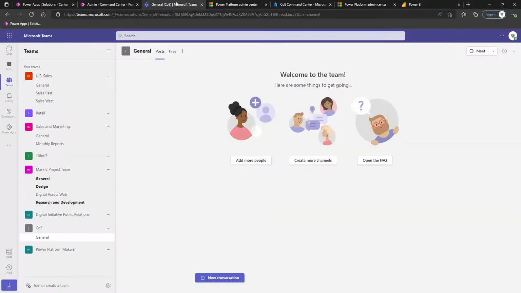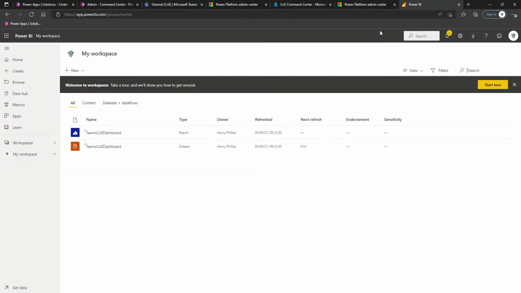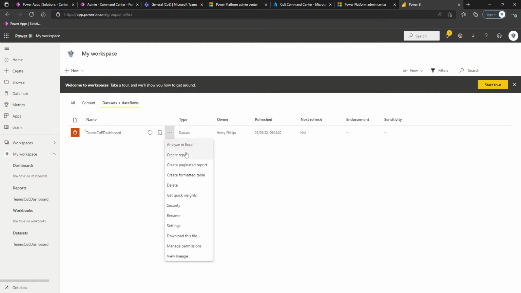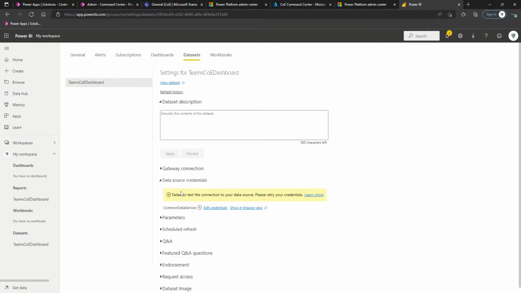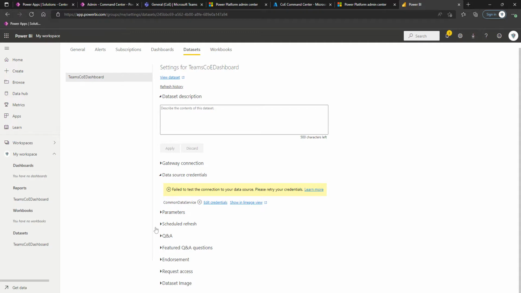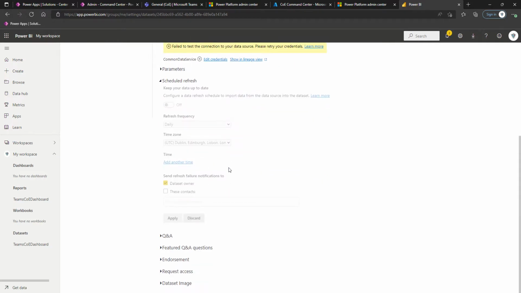One thing I did want to actually show whilst we're scratching our head on not being able to add it via the expected method is that if we come to app.powerbi.com, expand the workspace that you published the dashboard to, and if you click on data sets and data flows, because this is a manual refresh, I believe, you would want to schedule the refresh to occur daily. So if we come into here, expand scheduled refresh,